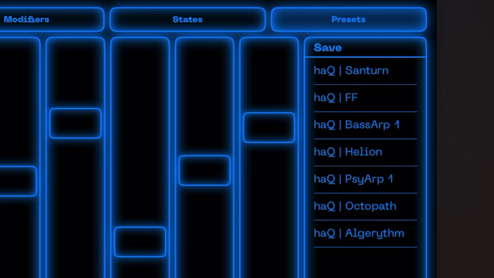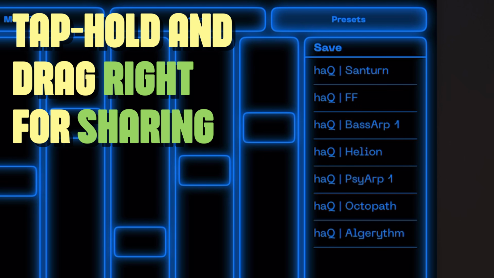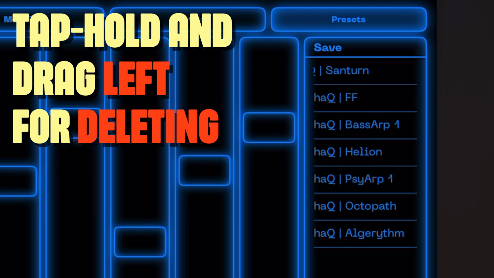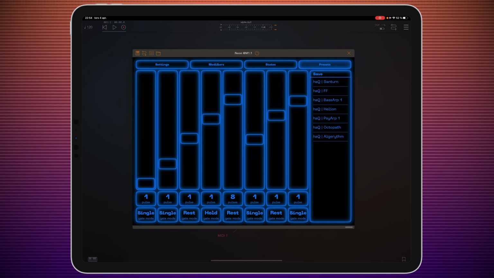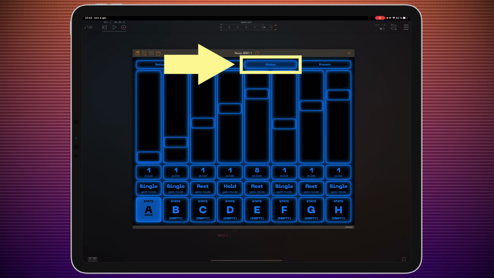Now, this is really straightforward. You just simply tap down and drag the preset name to the right to open up the sharing menu. However, if you drag it to the left, you'll open up the paper basket, and this way you can delete the preset. Now, if we close down the preset browser and open up states, we can see a new row